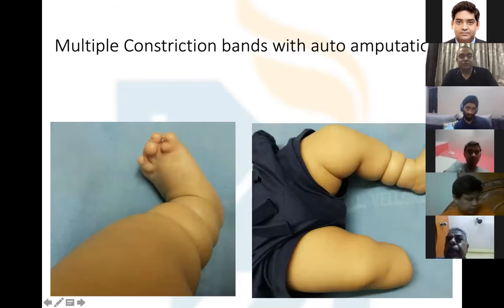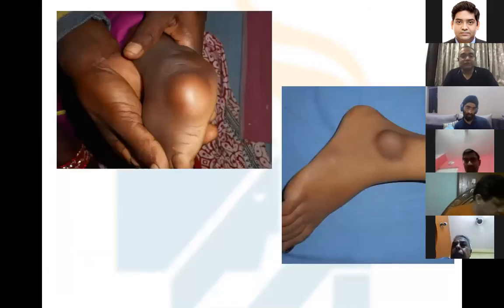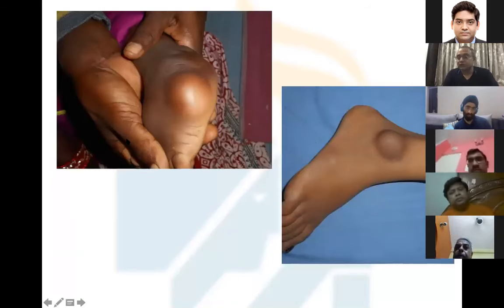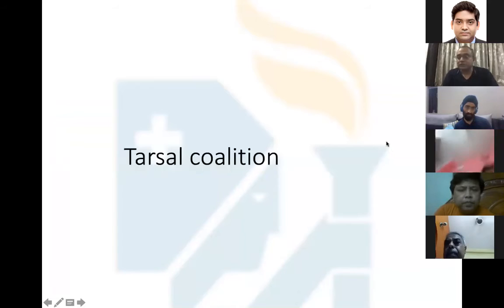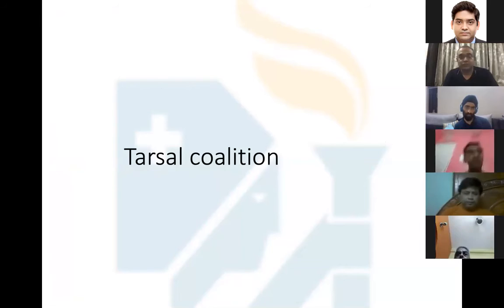So these are also conditions which are basically spotters, and you have to identify them just by looking at the cases. And these are cases where you see callosities. It's a CT of the child, of the lateral aspect of the foot. Here it's a student sitting, and there is a bursitis over the lateral malleolus, and these are the conditions which are basically given in exams, and you have to spot this diagnosis.